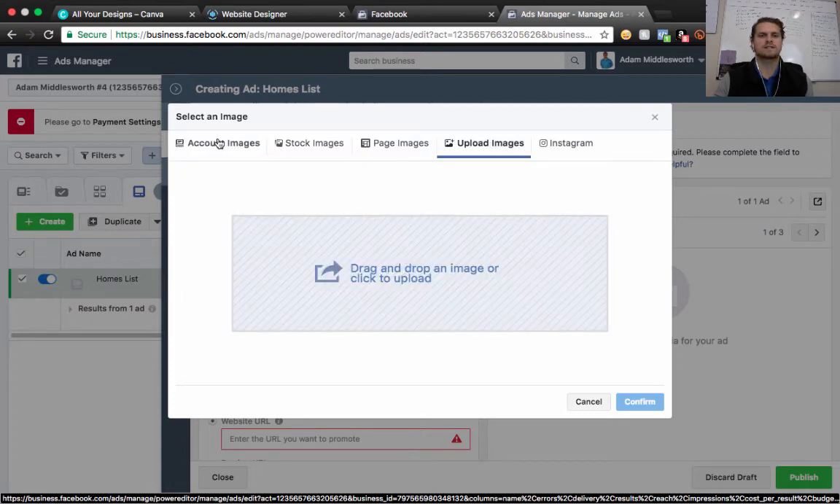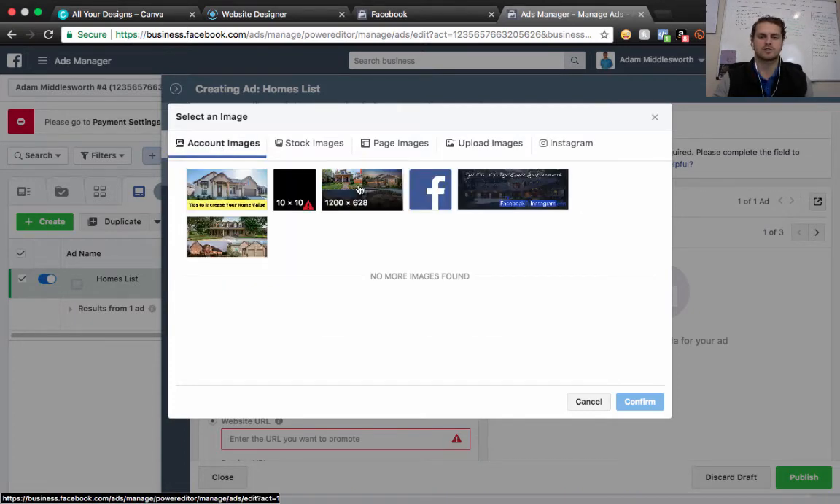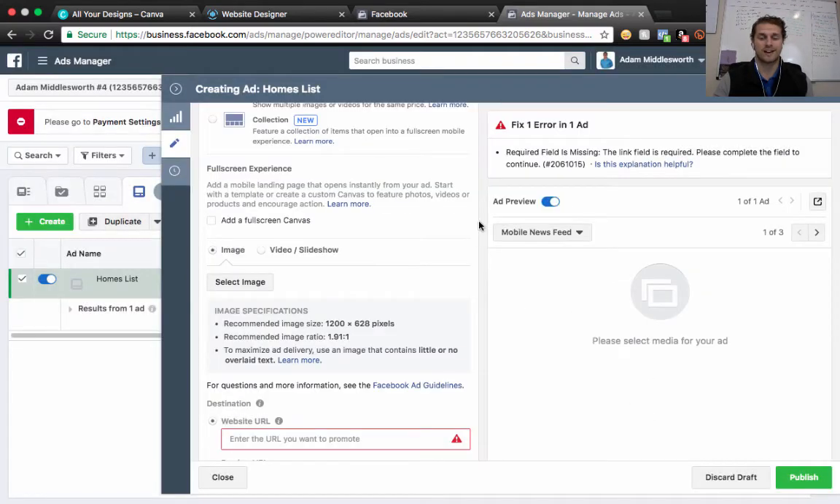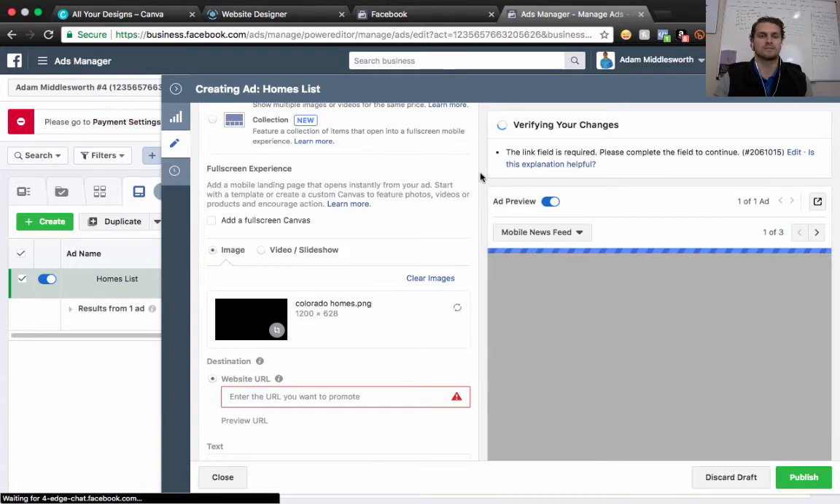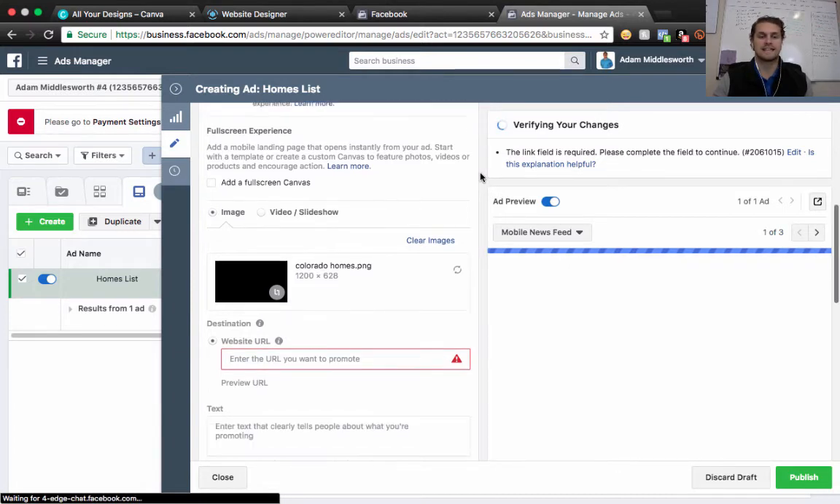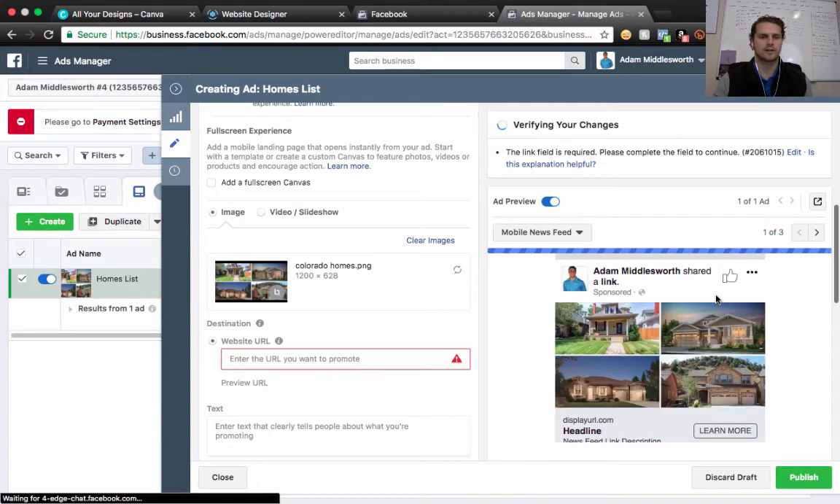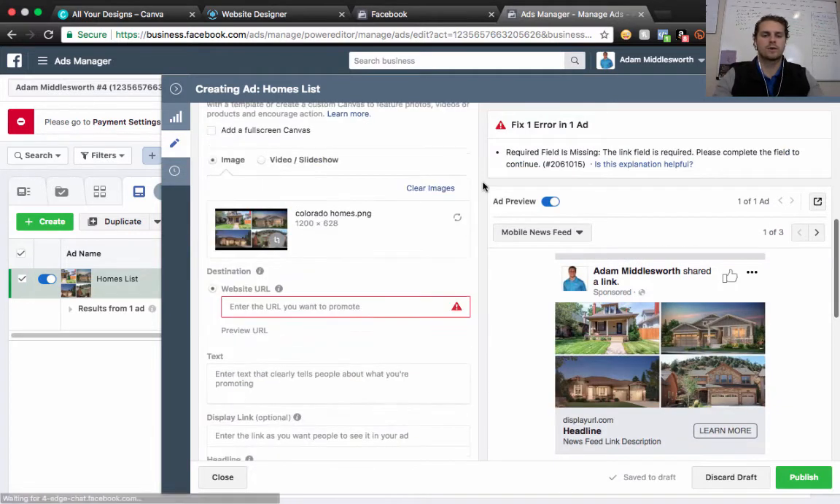So you can create kind of a collage of different homes, and obviously you want to use homes in your area and not homes from all over the place, right? So in Denver, we want to use homes that are in the Denver, Colorado area. We're going to use,